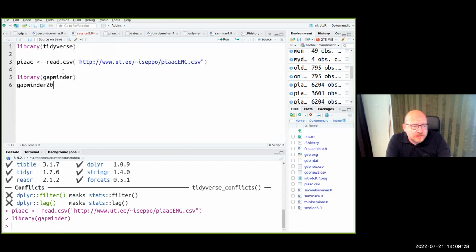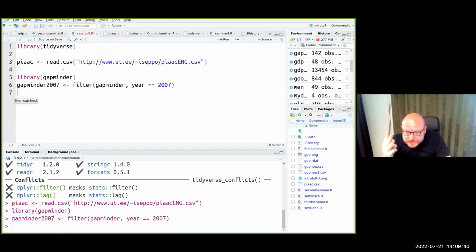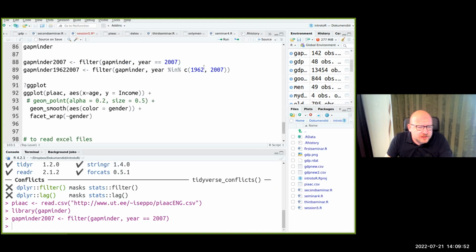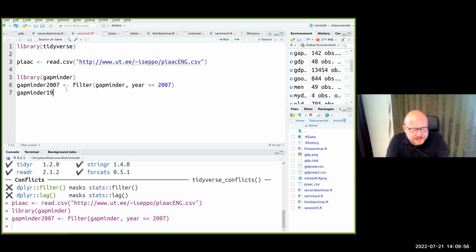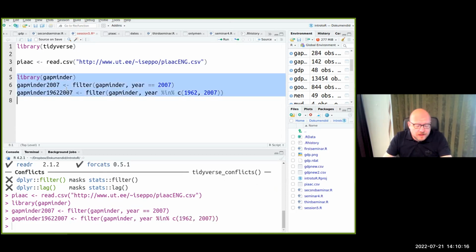So Gapminder 2007 is filter Gapminder year is equal to 2007. 2 equal signs, not 1 equal sign, not 3 equal signs, 2 equal signs. And also Gapminder 1962, 2007 is filter Gapminder year %in% a vector of values, 1962 and 2007. So I created these 2 data sets, and if you look at these data sets now, for example, Gapminder,